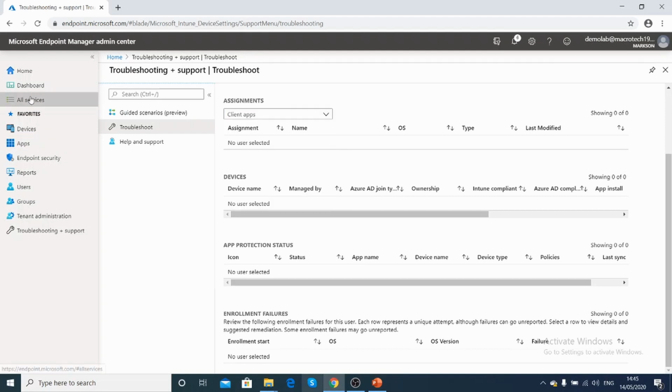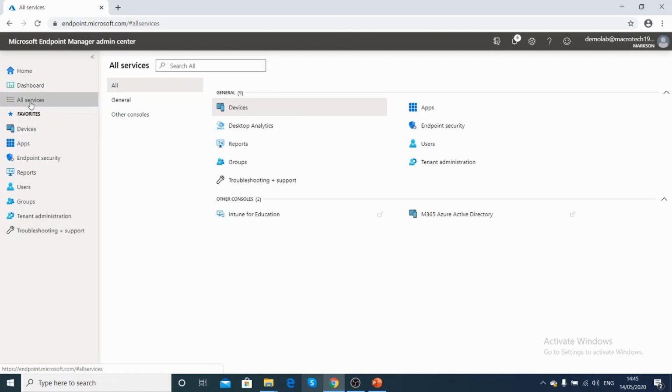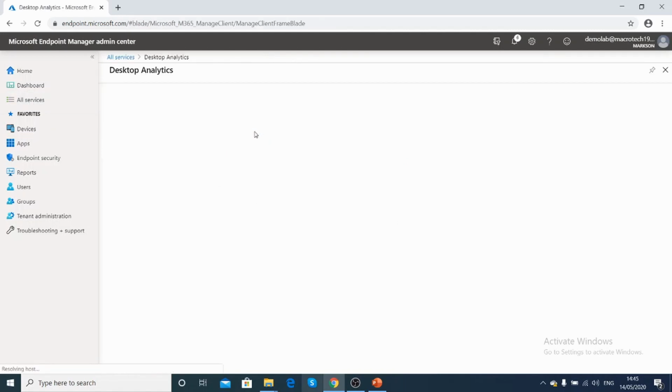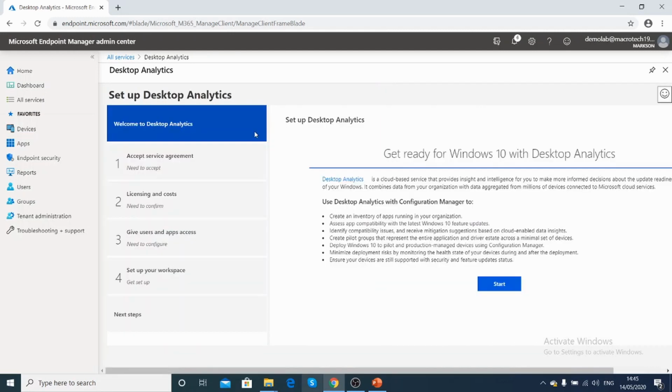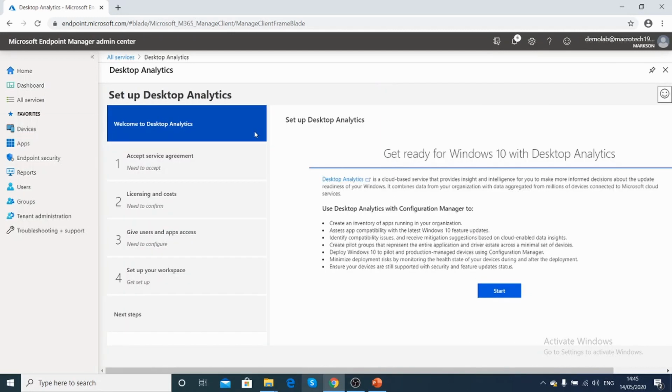Apart from this, there is desktop analytics that you can configure from MEM. Desktop analytics is useful if you want to upgrade your legacy Windows OS. This needs a subscription with Azure as well. In the free version, it is not available.